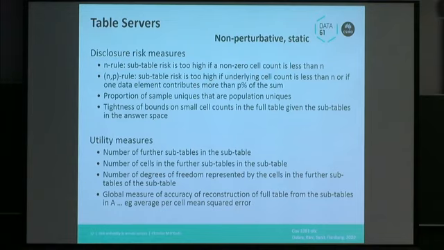The utility measures are a bit, I think there's room for some work there, because to my mind they're all quite proxy measures of utility. So how many tables you're releasing, number of degrees of freedom, some global measures of accuracy. Okay, so that was the story for those non-perturbative table servers, the ones where you're looking for that maximal answer